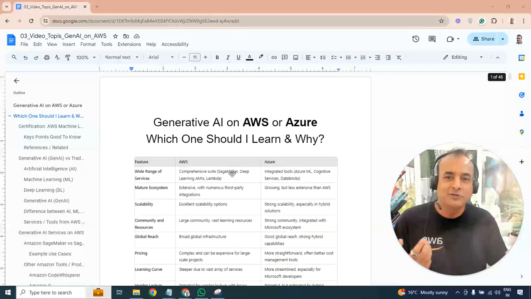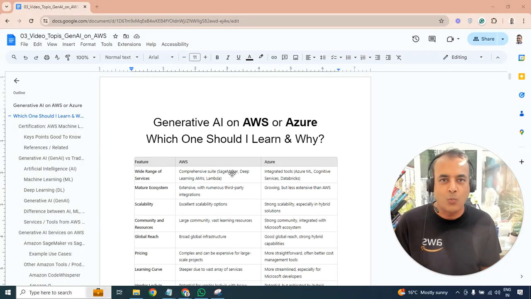Now the big point is, if you have to pick one of them to learn, which one should you pick in what scenario? And then I'll give you my opinion as well. I started with AWS first on generative AI because, of course, they are the number one cloud provider. They also started much earlier, especially in machine learning and AI.